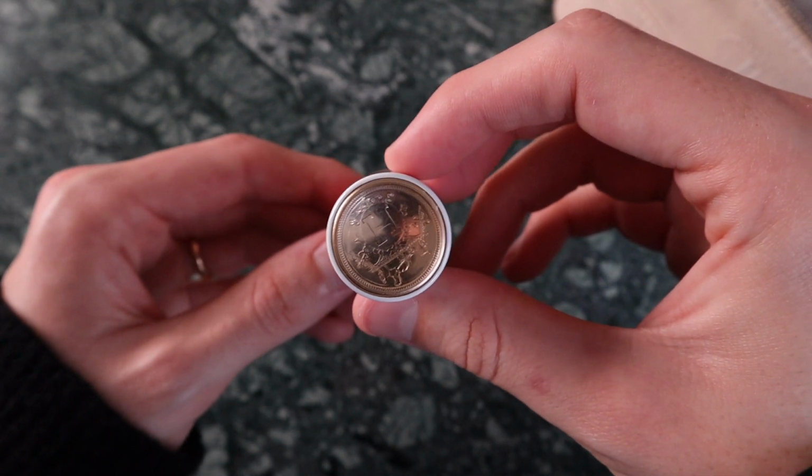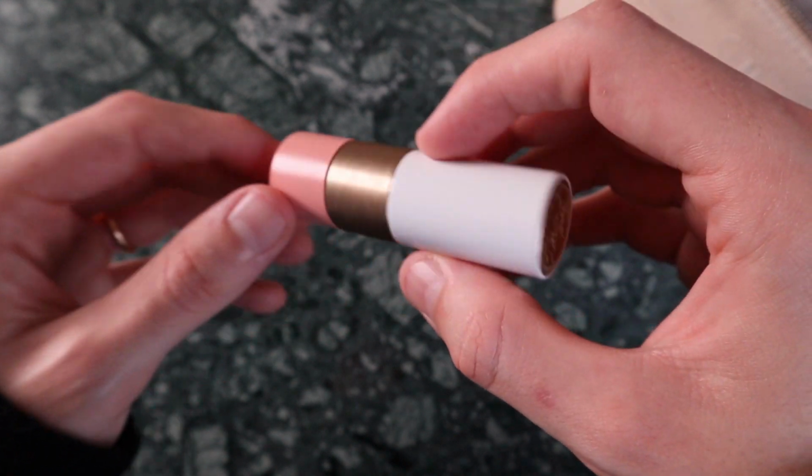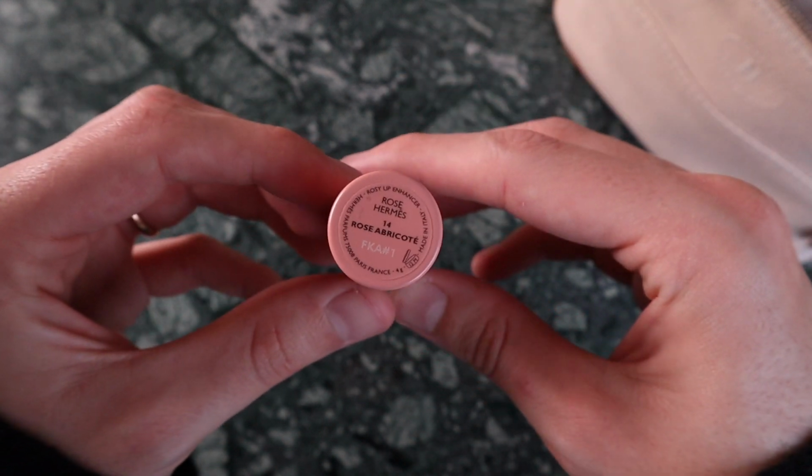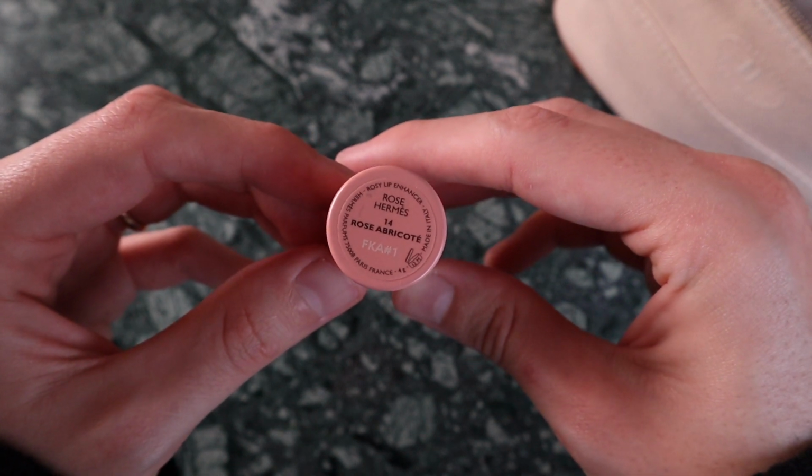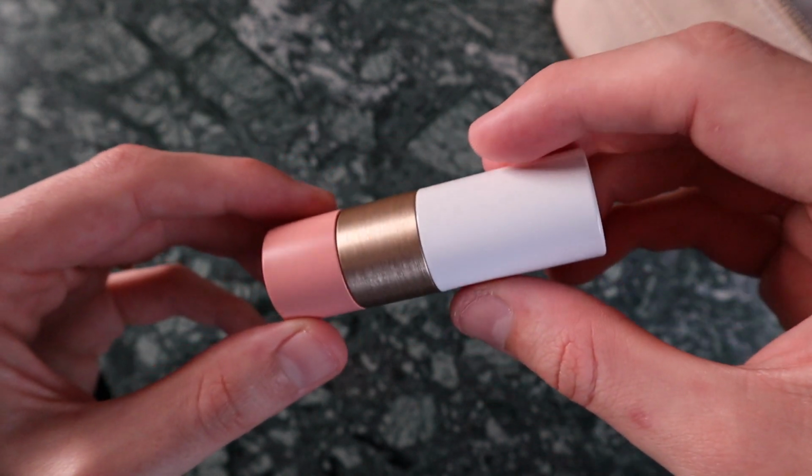Next up, I have my lip balm. I have my Hermes lip balm in the color Rose Apricot, which is technically a tinted lip balm, but I really don't think it adds too much color to your lips, if any at all. I have almost gone through this entire thing, and not once did I feel that my lips were too peachy or too tinted. So I've actually been really enjoying this, and I would consider repurchasing this,